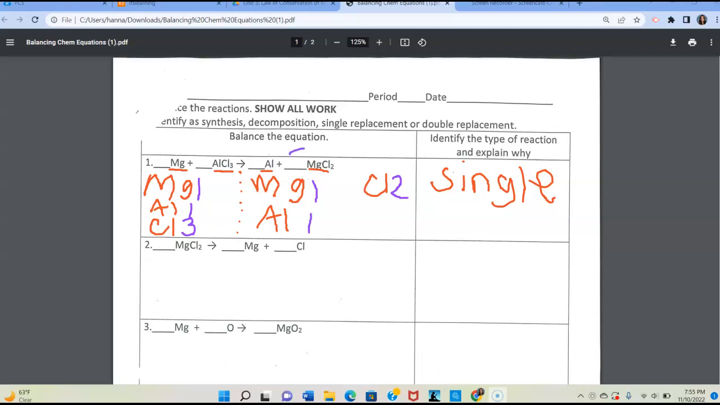And the way I'm going to do that is by adding a 3 to my coefficient here. Okay? Once I do that, once I add one coefficient, I've got to go back and recount the atoms for that side. So all of these get changed now. So let's go look at that again. All right, so my aluminum staying the same. I didn't add a coefficient, but my